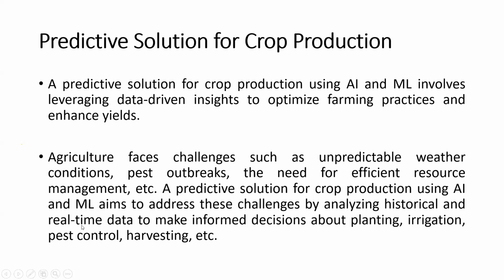As you know, agriculture faces challenges such as unpredictable weather conditions. We witnessed last year, people planted a lot of things and rain did not come, and did not make provision for irrigation. That is a big issue, unpredictable weather condition. So can we have an idea when likely there's going to be rain this year? This is becoming possible. It's possible with the use of effective predictive analytics.